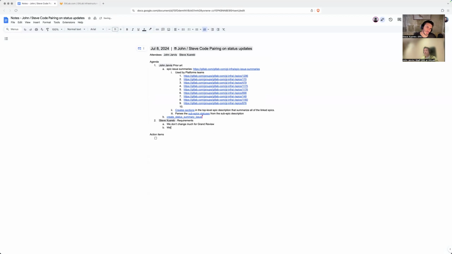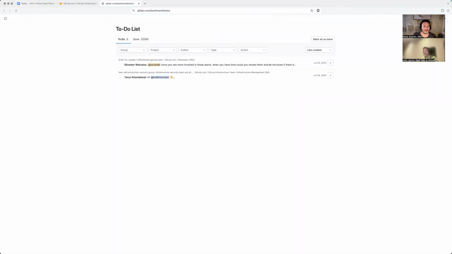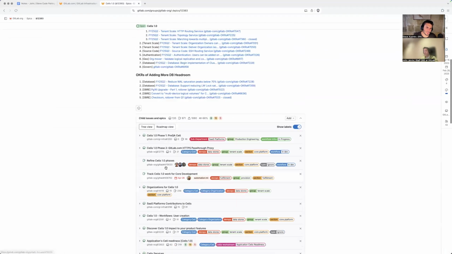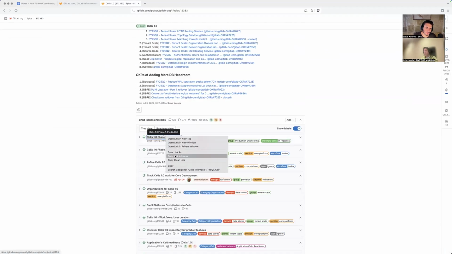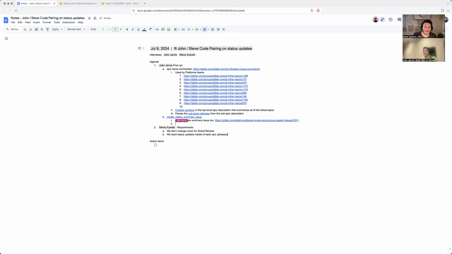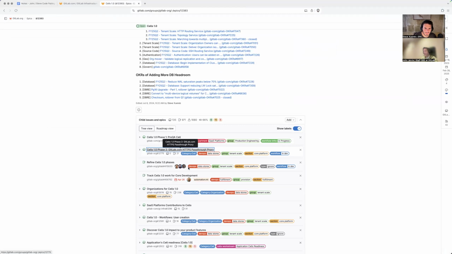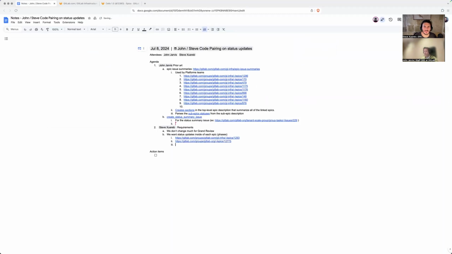We want status updates inside of each epic, and by epic I mean phases. For example, let me share this one as a phase, and a phase can have multiple sub epics as well, so they need to